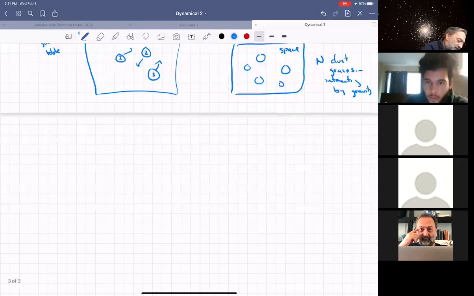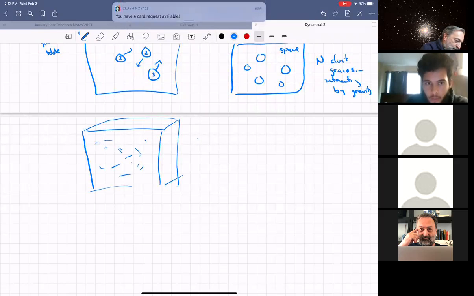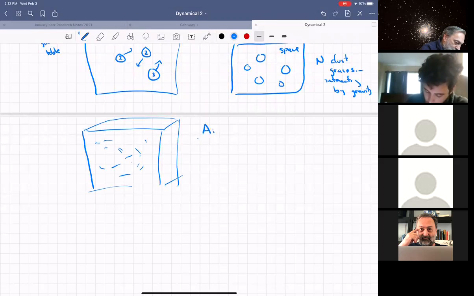Or we might have the air in the room, and each air molecule would have an X, Y, and Z position, an X, Y, and Z momentum. So however many 10 to the 23rd air molecules there would be, this would be 6 times that number